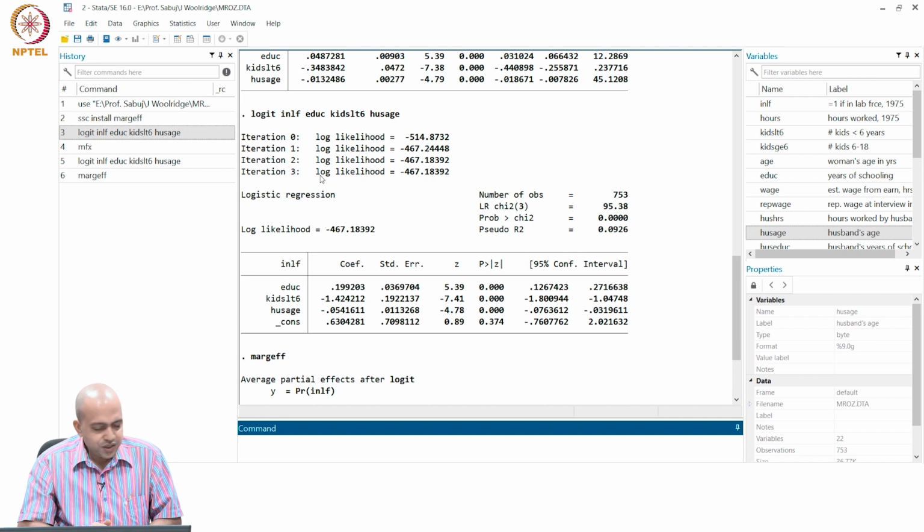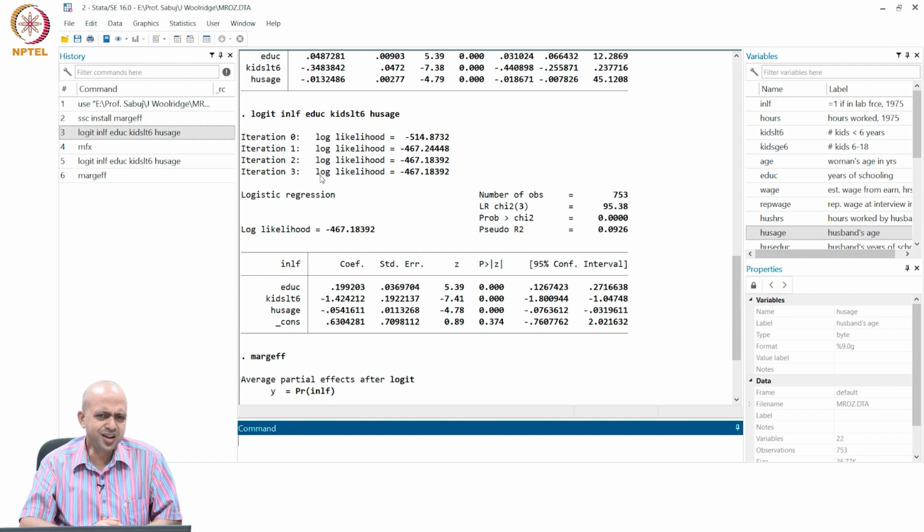Now, once you are done with the marginal effects, there is another important thing about the marginal concept. See here, when I am calculating the marginal effect, you need to specify the x values at the sample average, because you need to calculate pi hat. So that means when the number of kids changes by 1 unit, it is from that sample average to a 1 unit change. So I am calculating the change in probability for that woman who has that many kids.